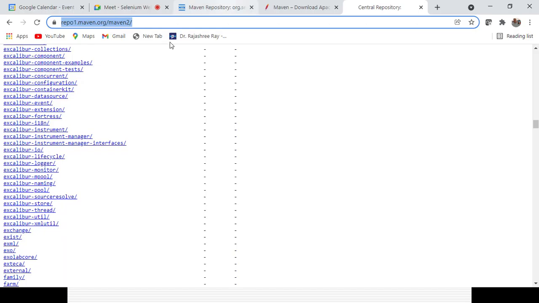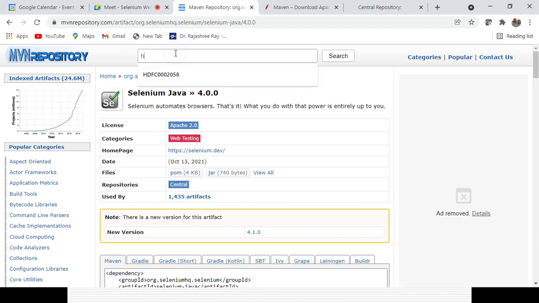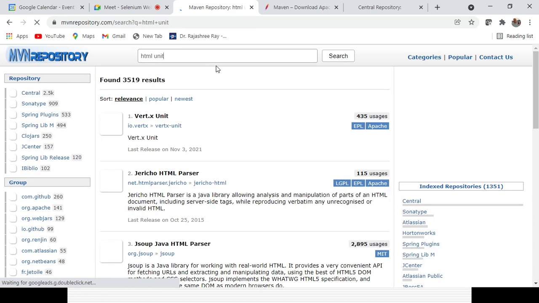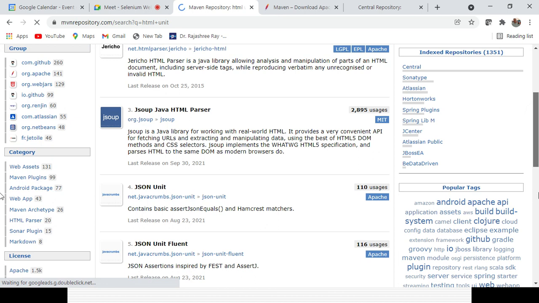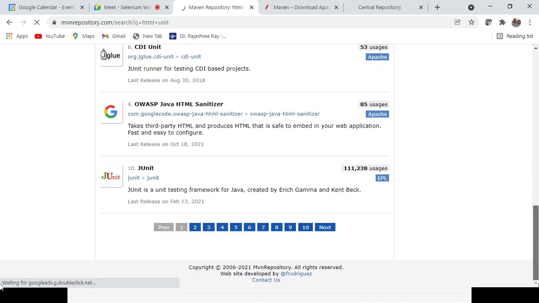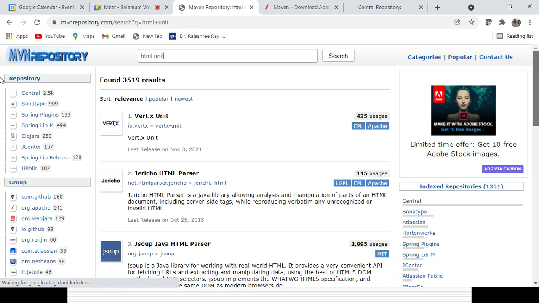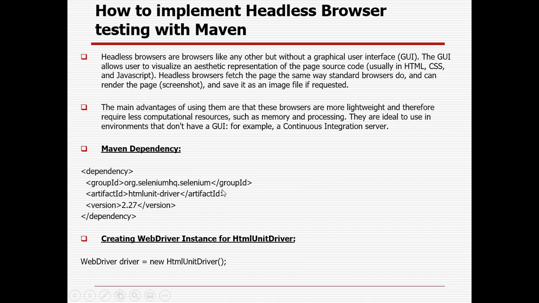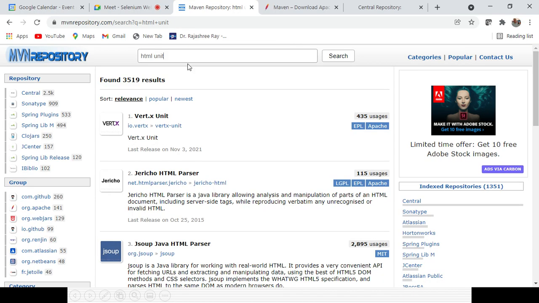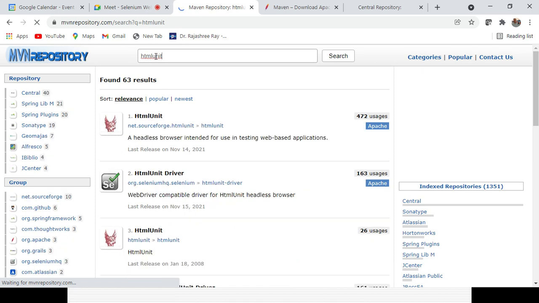mvnrepository.com. So HtmlUnit, you type it here, you will find that one. HtmlUnit. Okay, so that is the dependency you need to add.